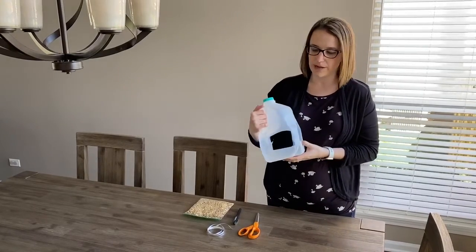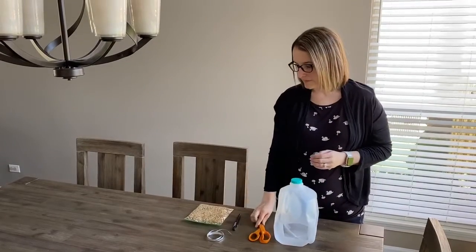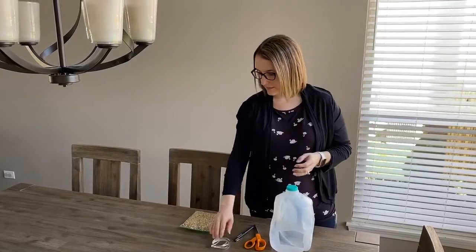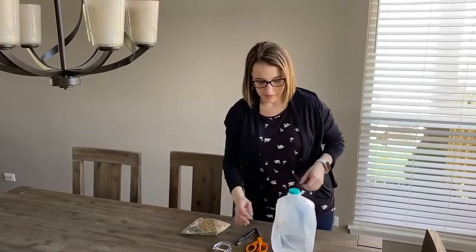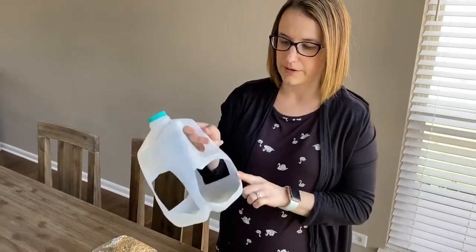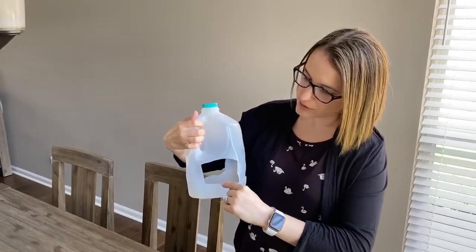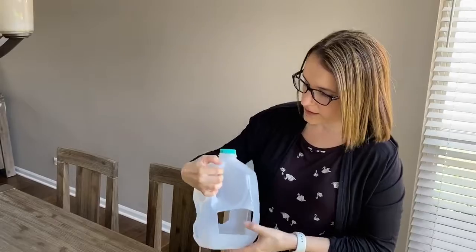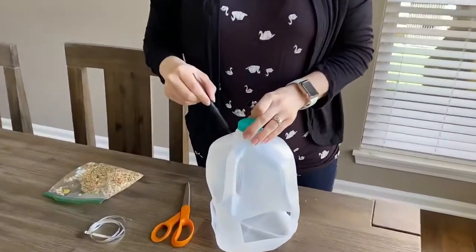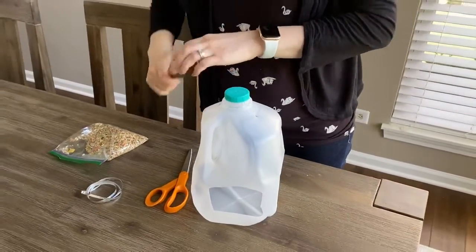So I've already pre-cut the holes, but what you'll need is scissors, a pen, some sort of ribbon or string, and birdseed. So what you do is you cut a hole on each side of the milk carton. You want to make sure that you don't cut too low so the bird has somewhere to land. And then you want to also take a pen and poke small holes onto the top for the string or